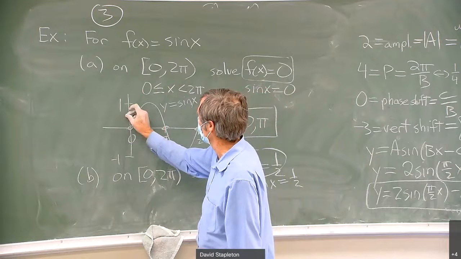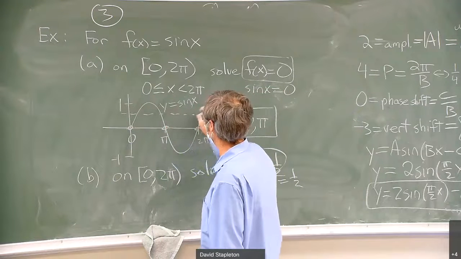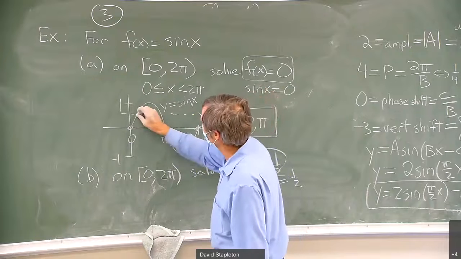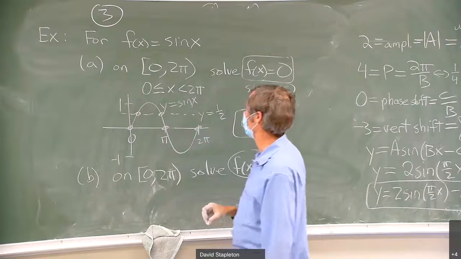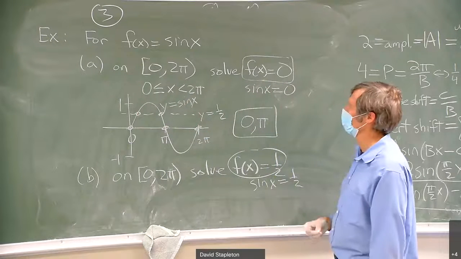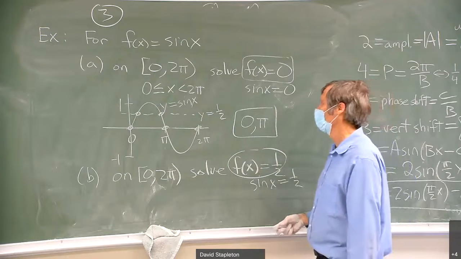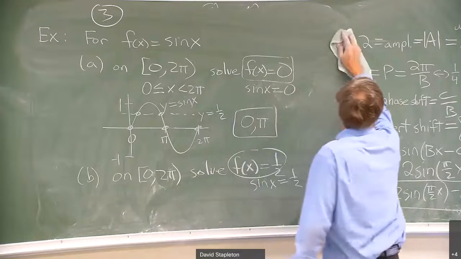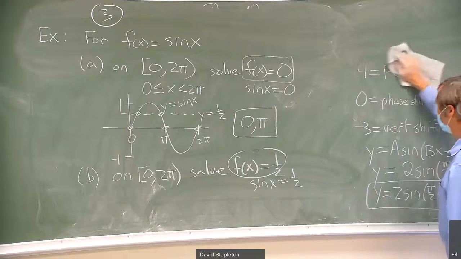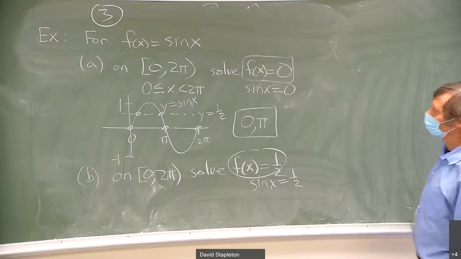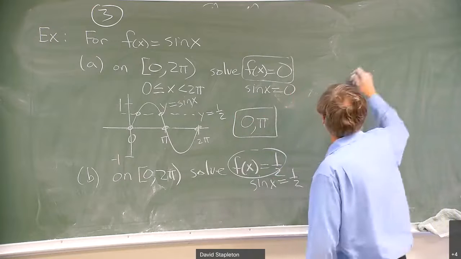Here's the line y equals a half, halfway between here and here. And you're asking, what are the x coordinates of these intersection points right here, where y, the sine of x, is equal to a half? What could those be? Well, on this one,